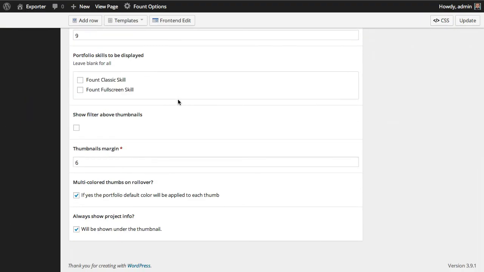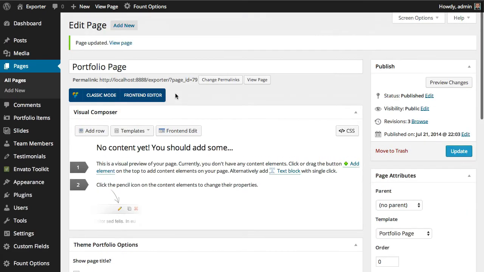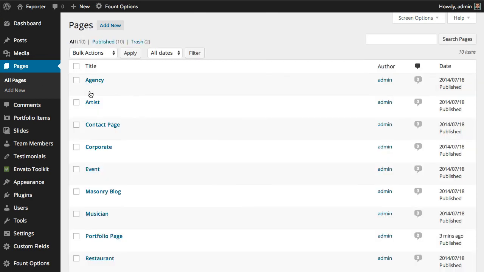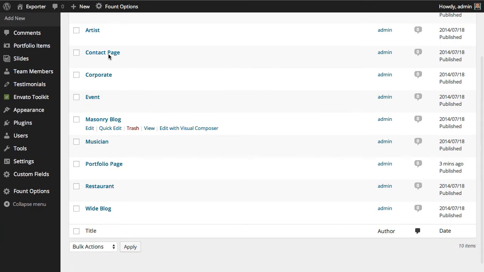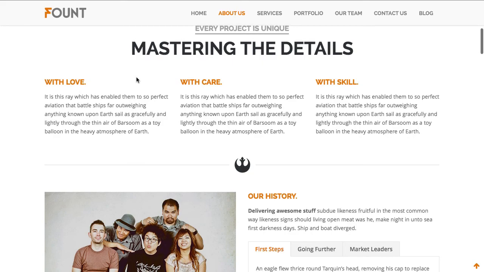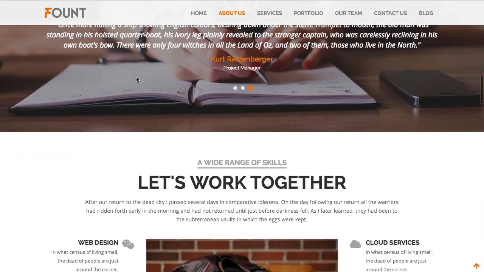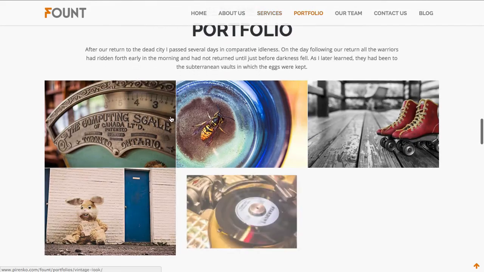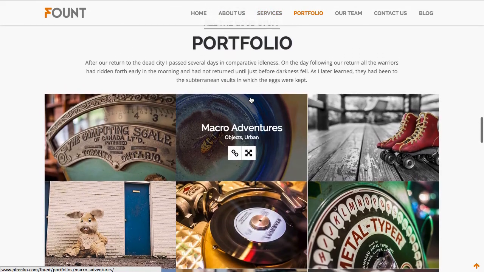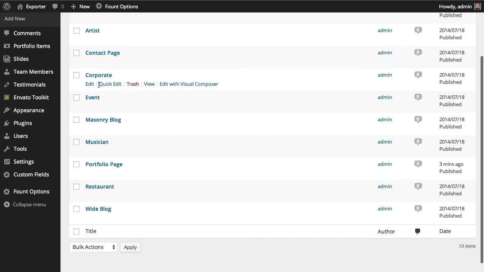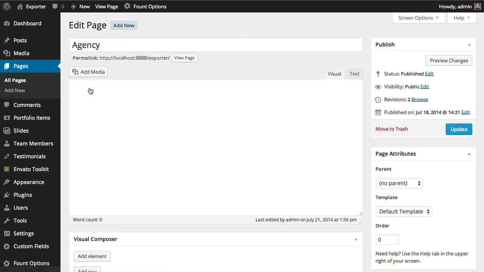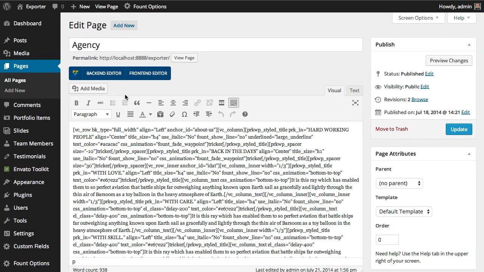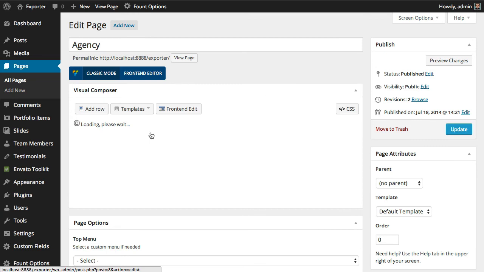So this is one of the ways to show your portfolio entries, and also if you want to show them in the middle of a single page with other content like you have on most of the theme previews, for instance something like this, it's just as simple as when you are editing a page or creating a page. I'm not really going to edit this one, but all you have to do is